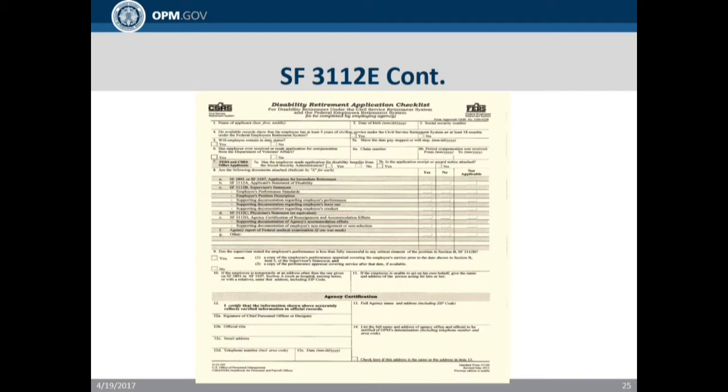So once this form is complete and everything is checked yes, meaning you have that form inside of the disability retirement package, then your disability retirement package should be complete.